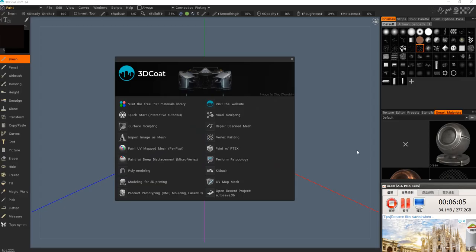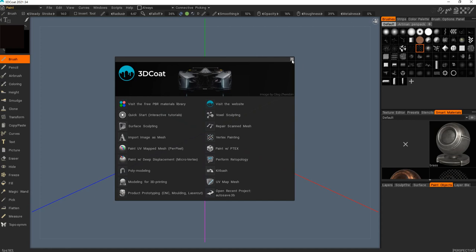Alright, so now we are inside 3D Coat. Before that,